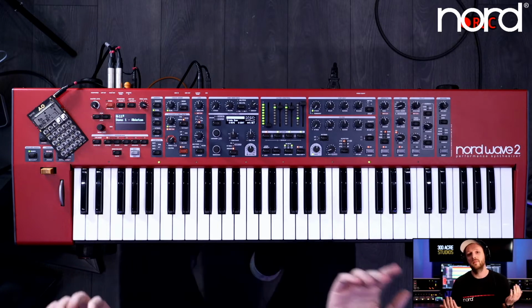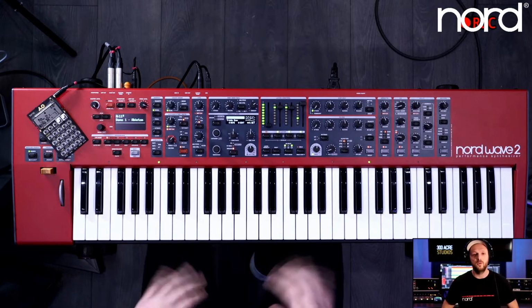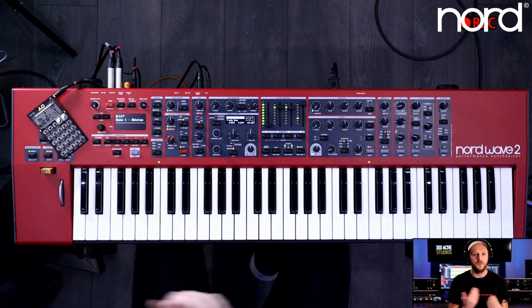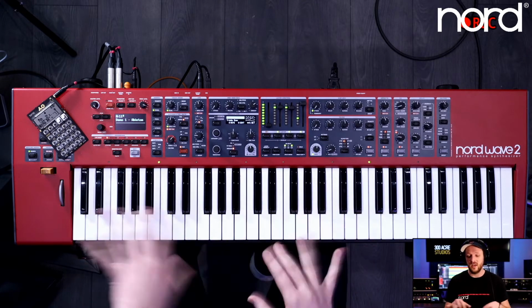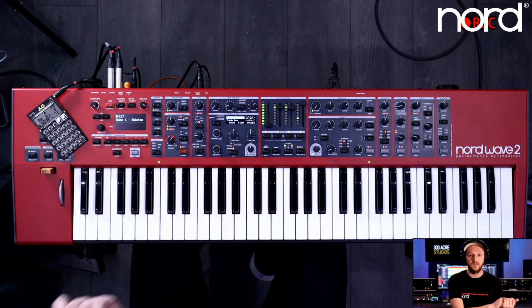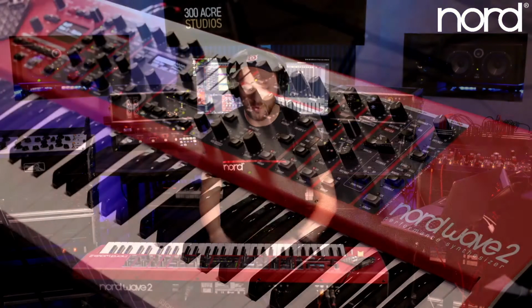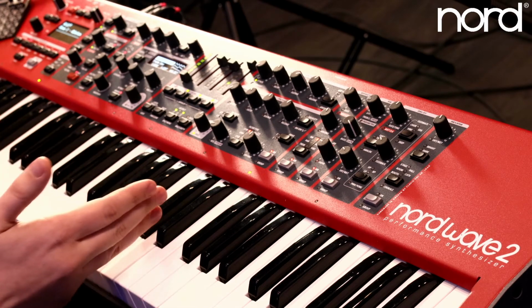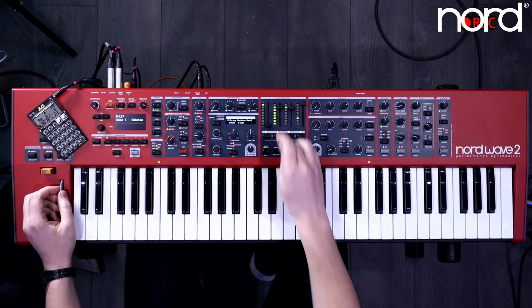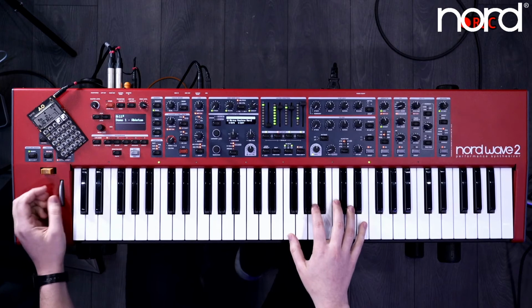and it's not going to go out of time, and it's an absolute no-brainer and lifesaver for me in so many live situations where you probably saw that I didn't play perfectly, but all these ARPs and everything that was happening was perfectly synced to the MIDI clock from Ableton, and that's what this one's really good at. We're using a triple saw wave here with just a bit of detune, running it through a ladder filter and get that sound. And then in the middle section here, I've had two sounds, a lovely string machine,